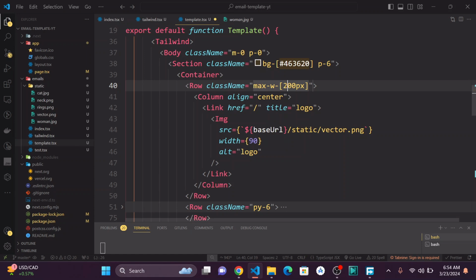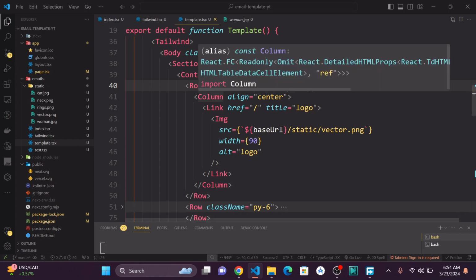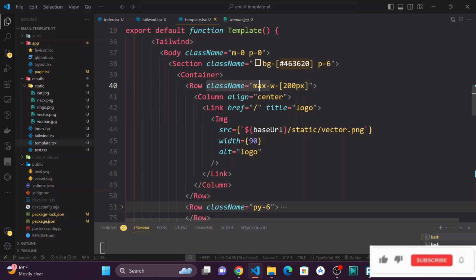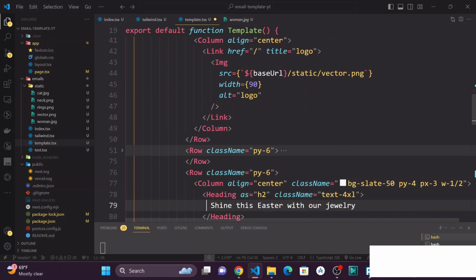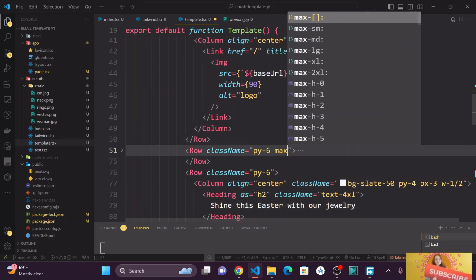Really? What? Okay, I'm in a wrong one, guys. So just copy this class name, cut this from that. This is a logo. We just want the second one. So this, let's just say max width,